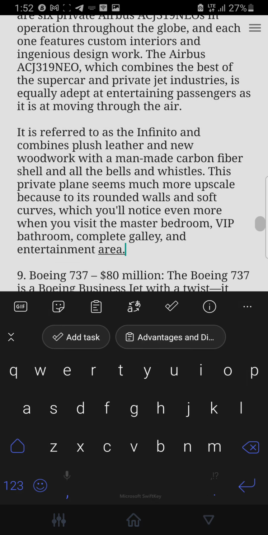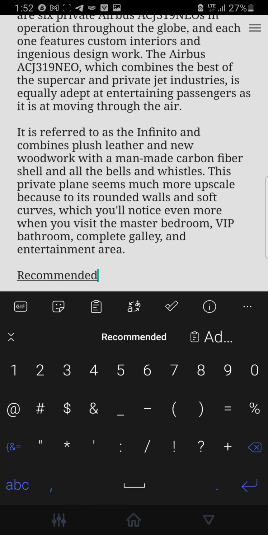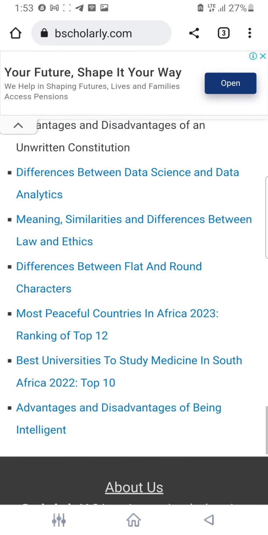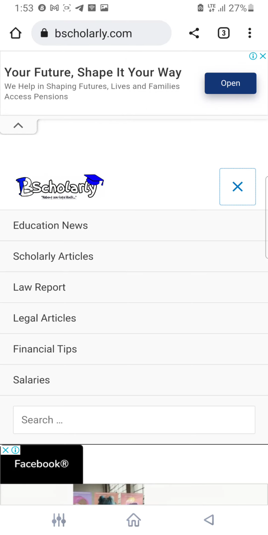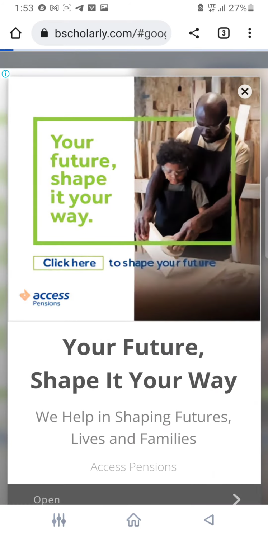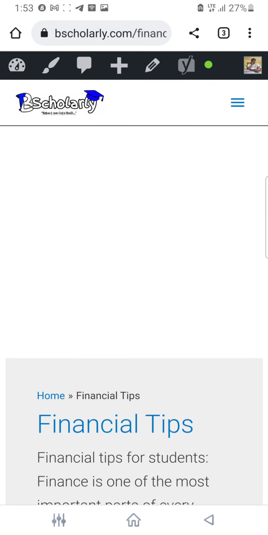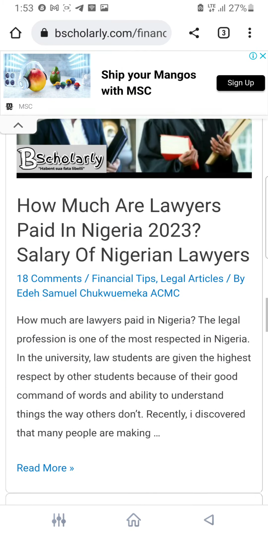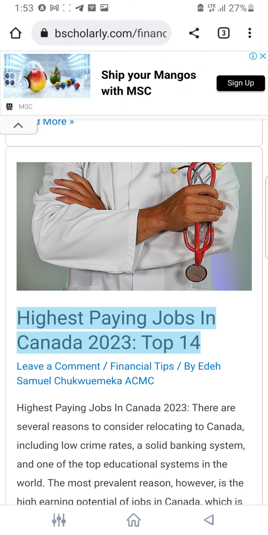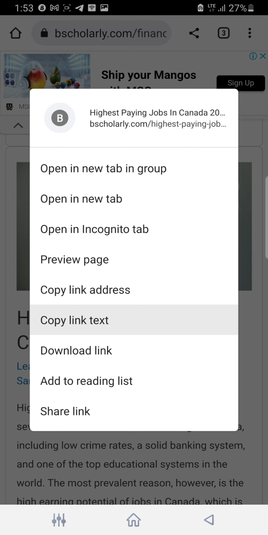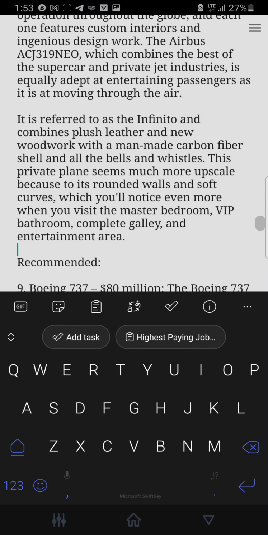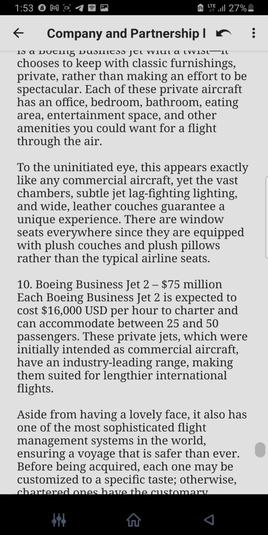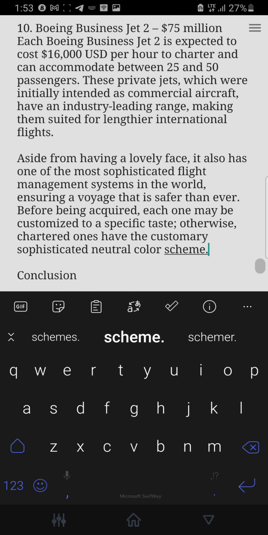I leave 7 and 8, and then I'll come to recommended again. I'll look for something. Now the best way to find something under a particular niche, for instance, would be for you to come here and look for financial tips. So under here, let's just check anything on finance that I've written before. So here I have highest paying jobs in Canada. These are posts that I've made before. Do you get? Actually the process is quite long. So then I'll now